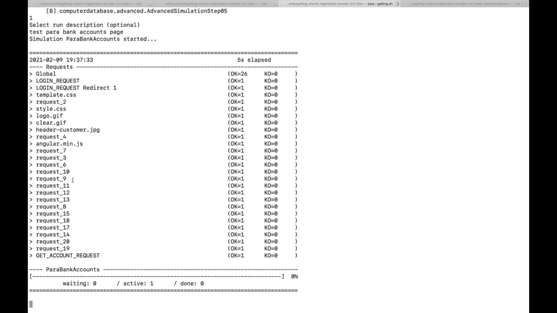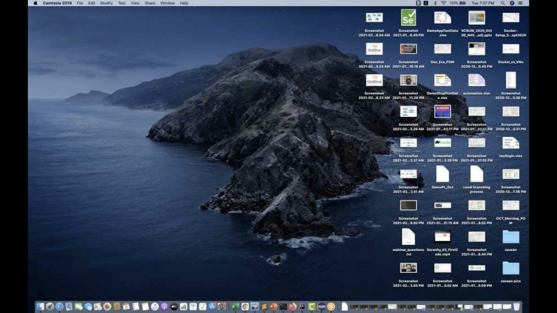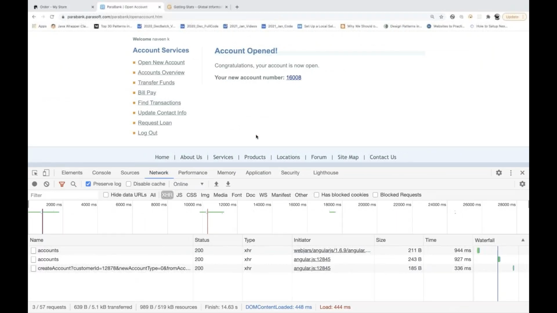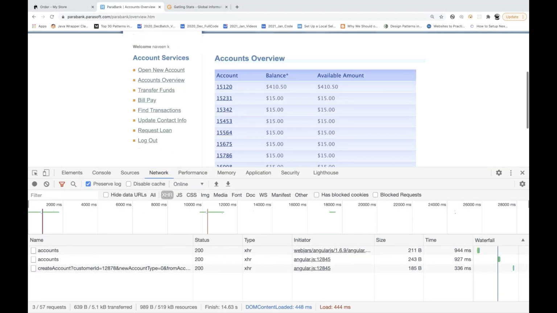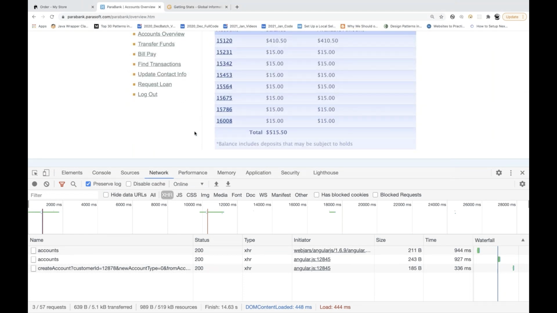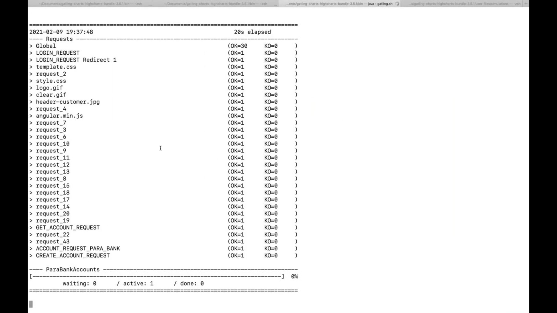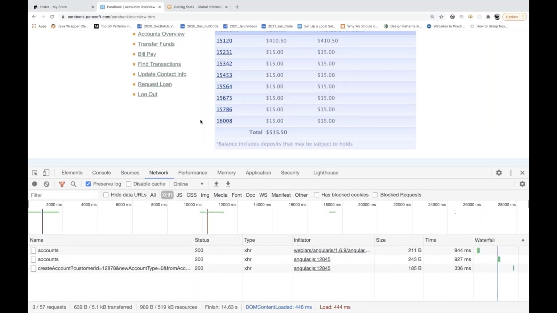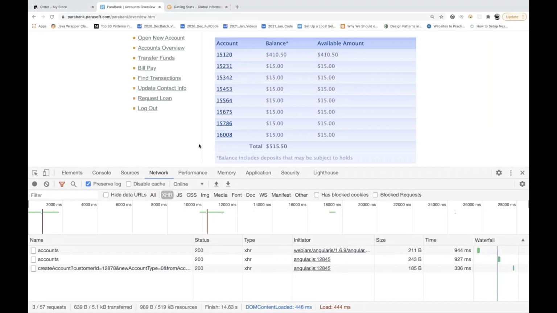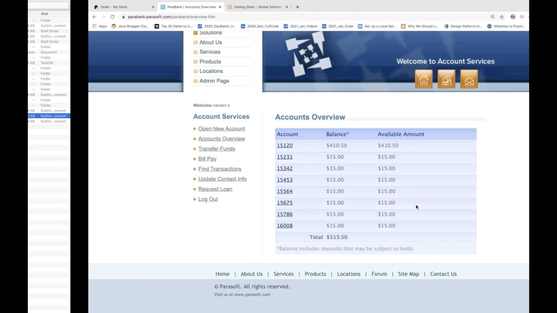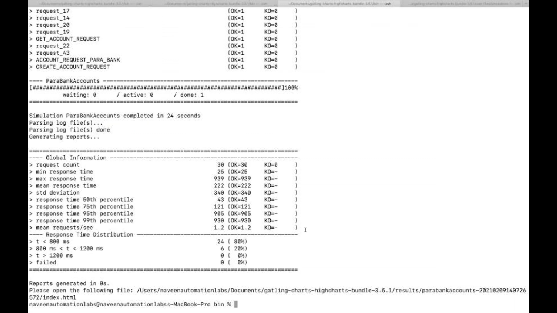Now, earlier, what exactly were we having? We were having 7. Let me go to the account overview. So we created 7 or 8 accounts, which were already there. When you simulate it once again from here, it should create one more account, guys. So we should be able to see whether the account got created or not. So let's wait till the APIs are getting hit. So yeah, this is done.